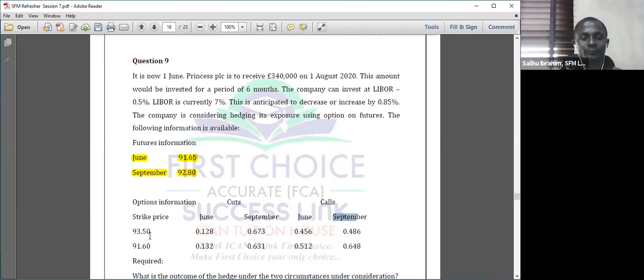93.5. These are the premiums. The premiums are stated under each of the months, okay? If you are buying a June put option, this is the premium. If you are buying a September put option, this is the premium. That is at 93.5 exercise price, okay? So for